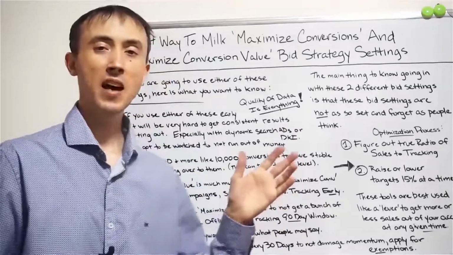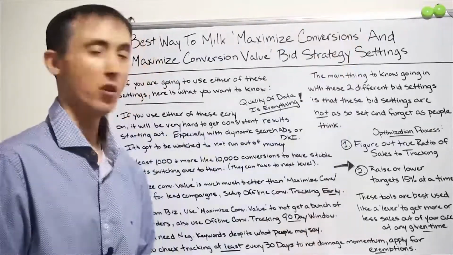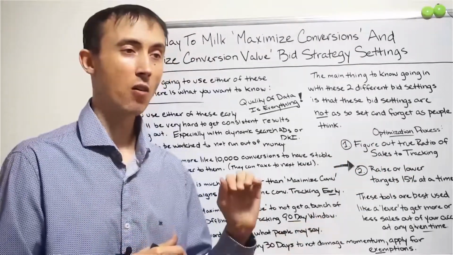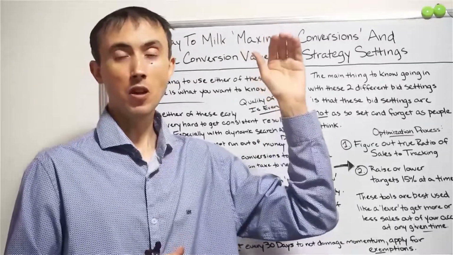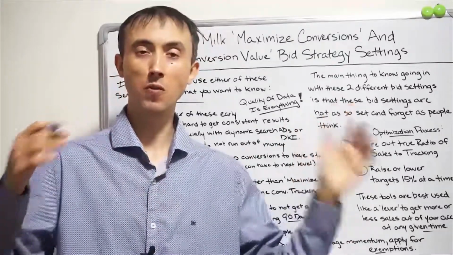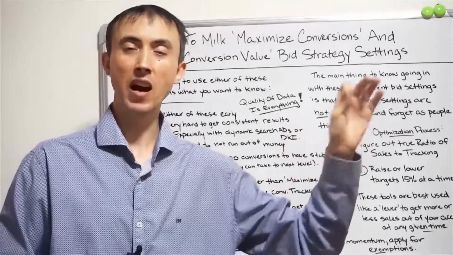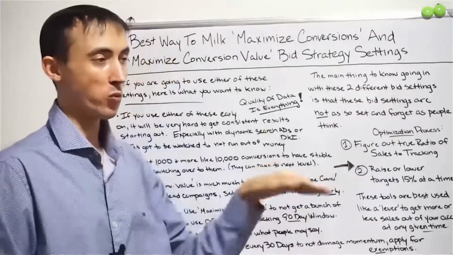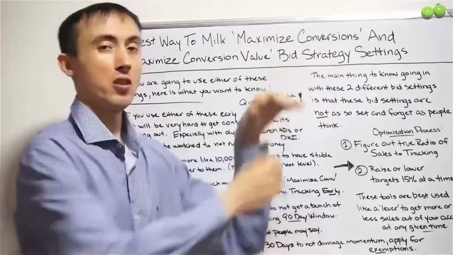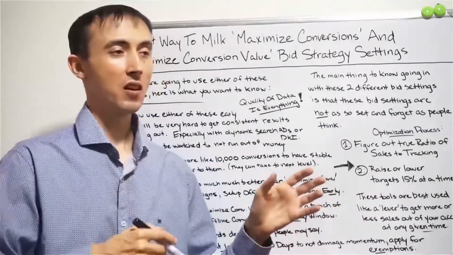On the flip side, if you're needing an 8-to-1 return and you realize you got an 11-to-1 return, you can lower the target ROAS setting on each campaign by like 30%, and now you can get basically 70% more sales and 70% more actual volume out of Google Ads, because you've told Google that you want to run your ads a little bit higher in the ad list. Of ads 1 through 4 on Google, instead of being at 4 most of the time, you're now averaging being at number 2. You get a lot more volume, yes, a little bit less margin, but generally speaking, in a lot of situations like that,